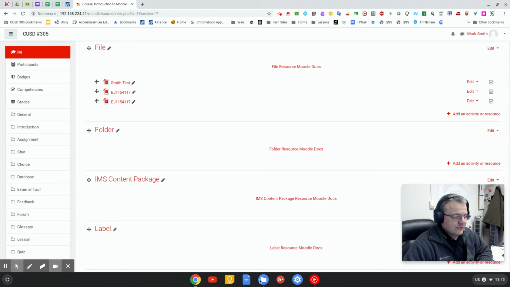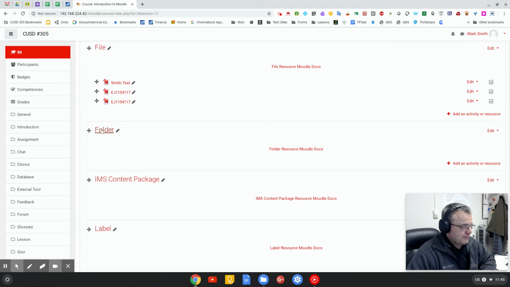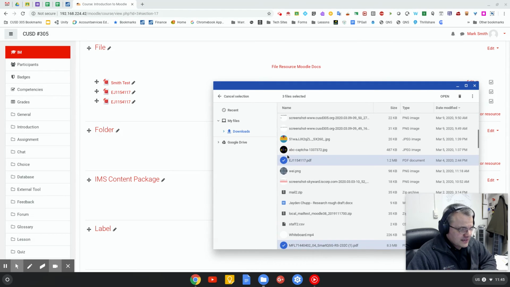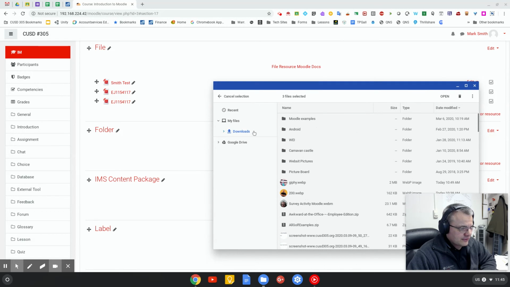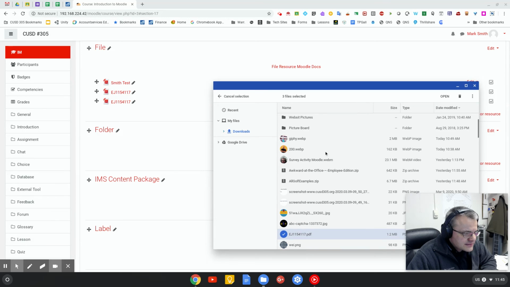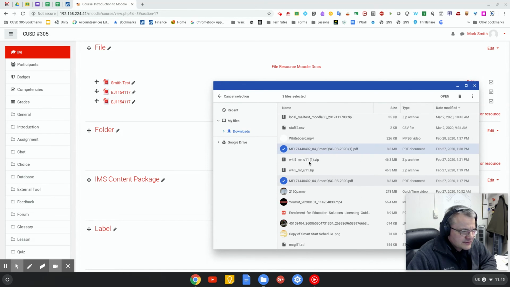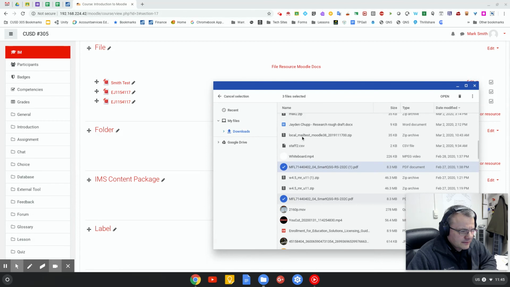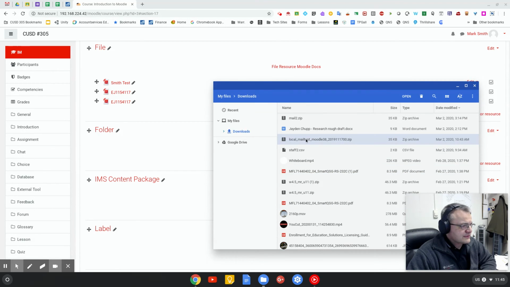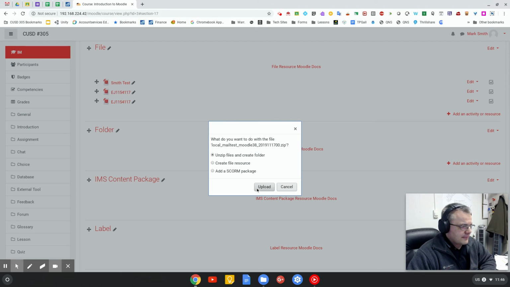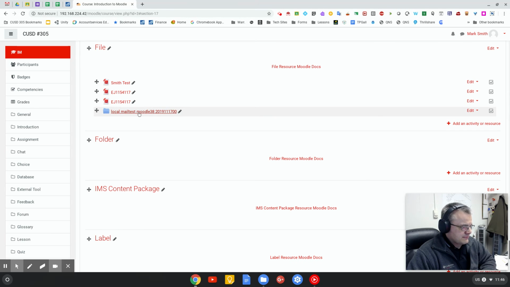You can also do folders, and this is coming up with a folder of things. So I'll just show you how to do a folder. You first have to compress it and make it a zip folder, like my zip folders have all disappeared. Here they are. Here's a zip folder. So we can take that zip folder, and this one's, I think, too big. Here's one. Here's a zip folder. If I just drag it in, it says unzip it. So now what it did is it made a folder, and all the files inside that folder are available in